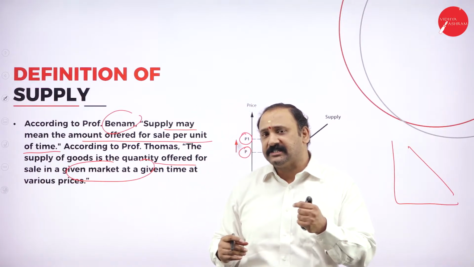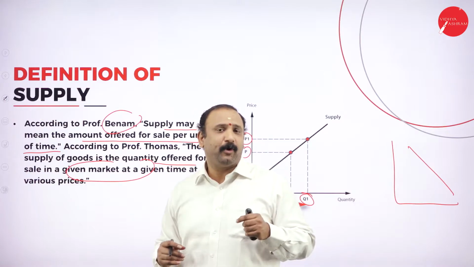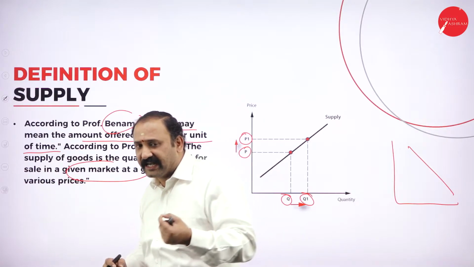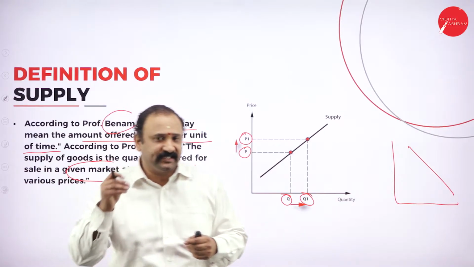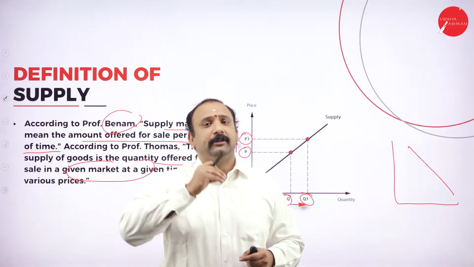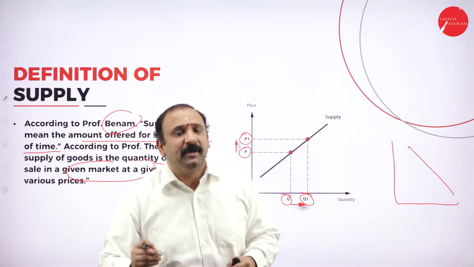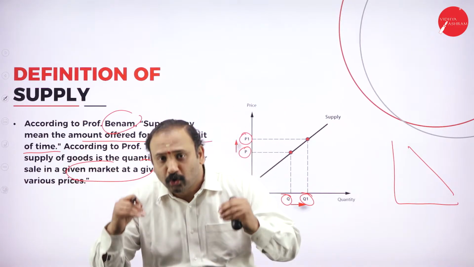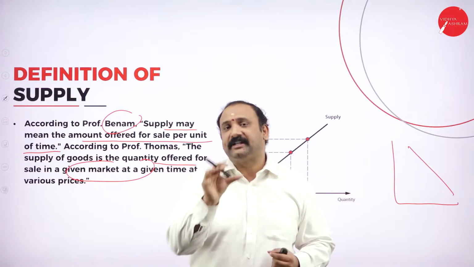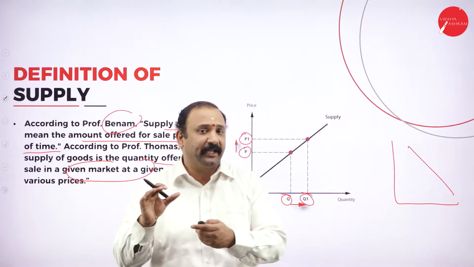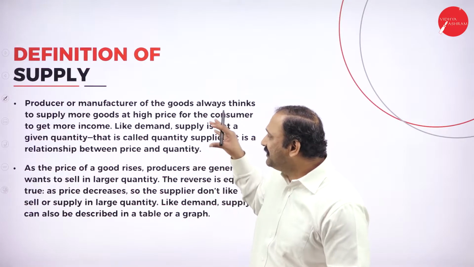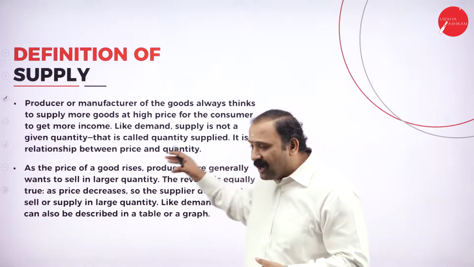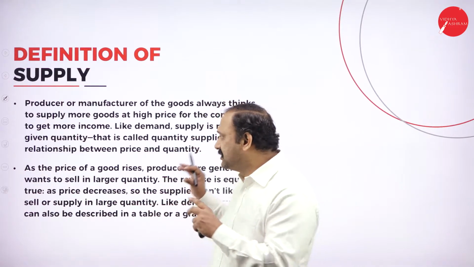Now, the time factor is very important. Why? Because at the same time there will be a variation, which means the price of the product that is available today in the market will not be available at the same price, at the same standard tomorrow. So we have to include the time factor. Based on the time factor, supply pricing comes into picture, followed by the definition of supply. Now, supply has many definitions. Let's try to understand how the supply definition comes into picture.